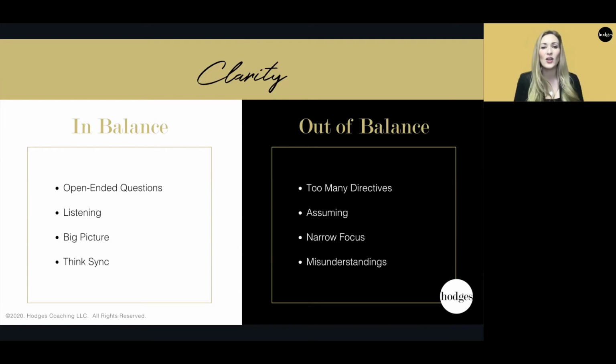And clarity is also in balance when there's a lot of big picture thinking. So the leader and everyone is clear on the vision. And when everyone's clear on the vision, it's easy to hear a directive or to hear a project and weave it into the framework of the big picture or the vision or the big why. And then when everybody's doing that, everybody has think sync. So they're all just automatically working toward that objective. But that objective has to be really, really clear. And you have to ask people if they are clear on that objective and what their perspective is.